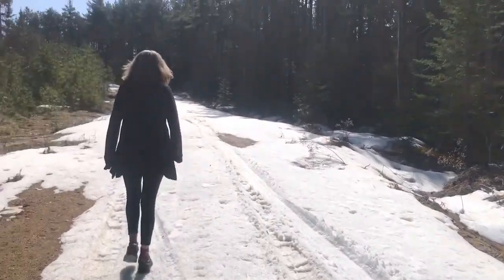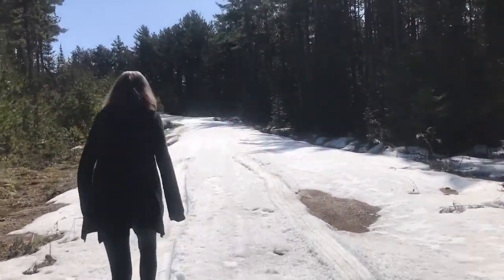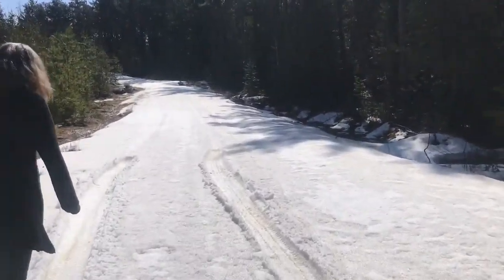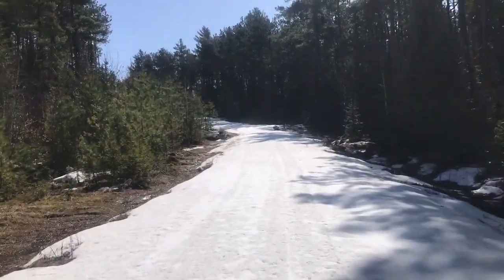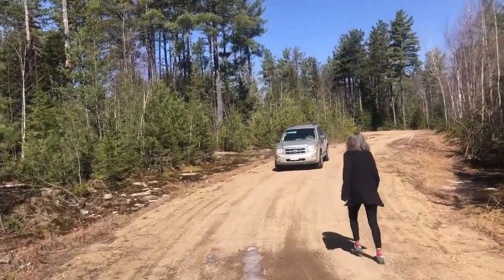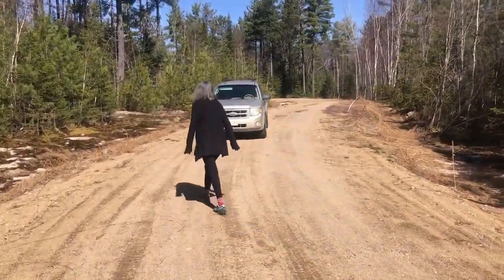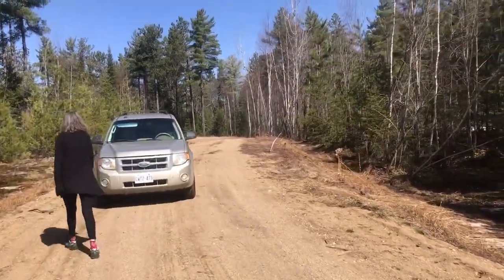So I don't know if I want to risk it or not, because if you get stuck up here, you're kind of screwed. There's no one that's going to come and get you out. At least not for 50 bucks. Well, that's a bummer. That's a total bummer. I was stoked to do some work. Yeah. Well, next week,